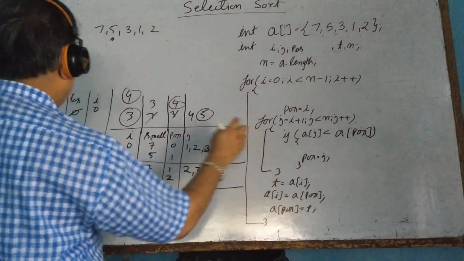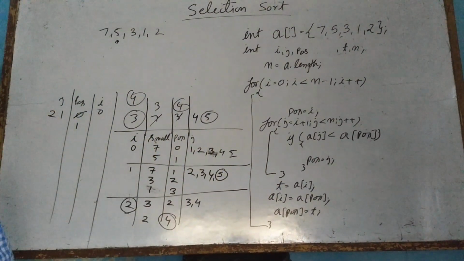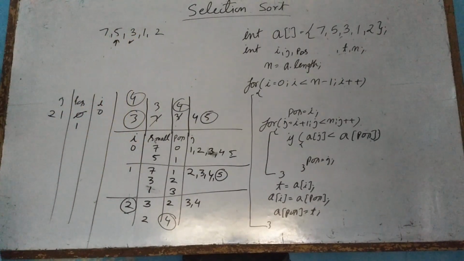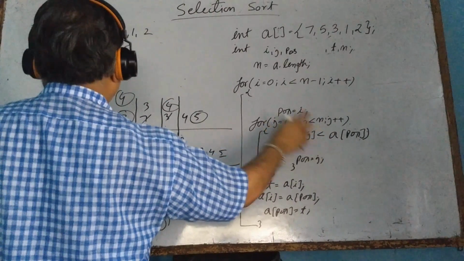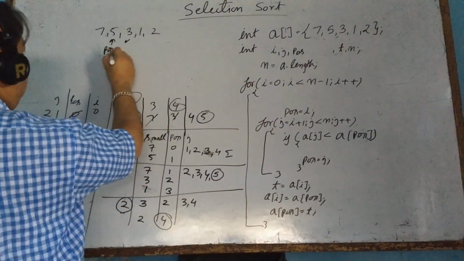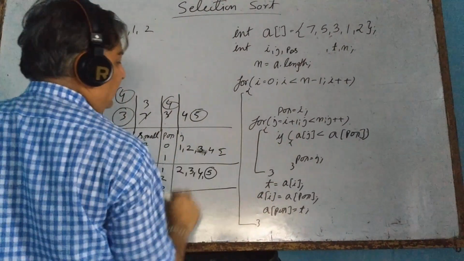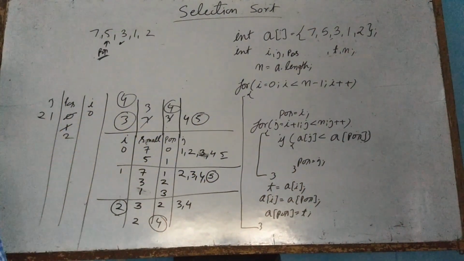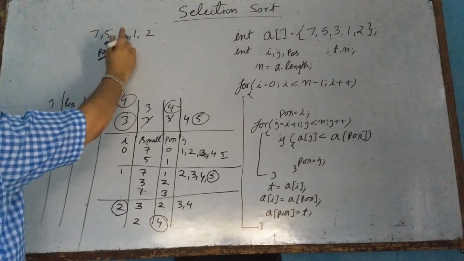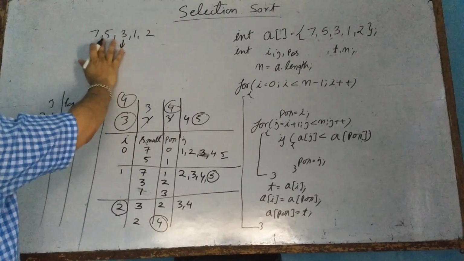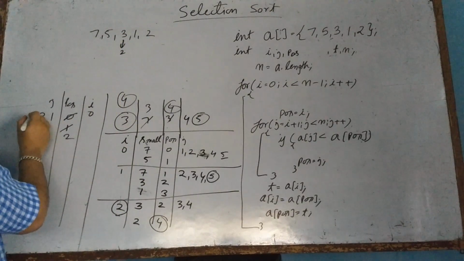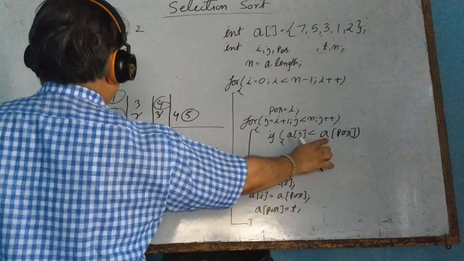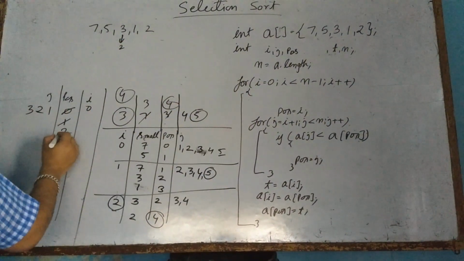After this, for the next J, when J is 2, this 3 is compared with 5. 3 is less than 5. Alright, POS is this. So again this condition is true. POS will become J. The new value of POS is 2. So POS is changed, now it is 2. After that, J will increment and become 3. At index number 3, 1 is found and POS is 3. Again POS will change.